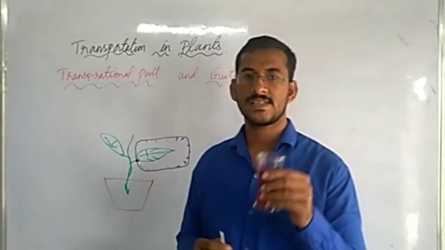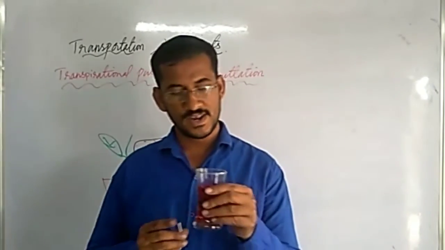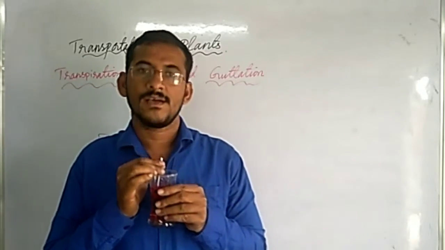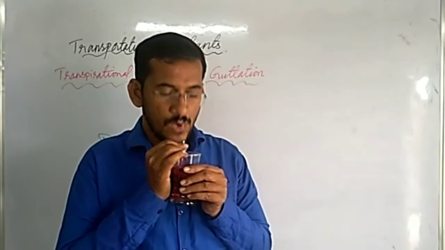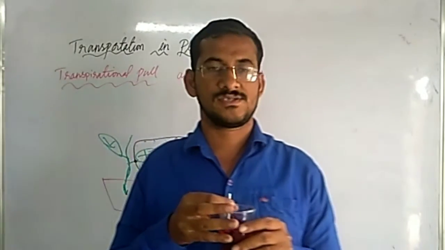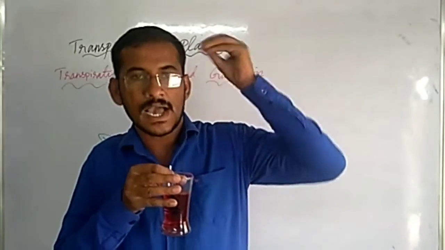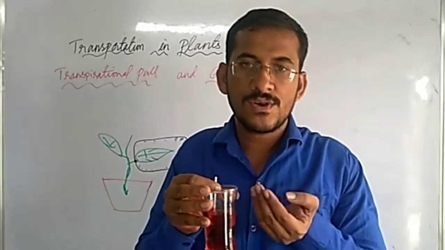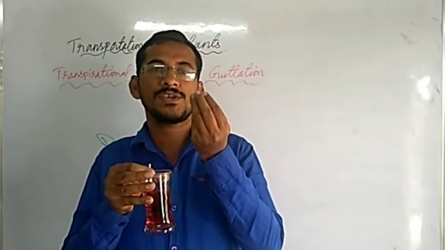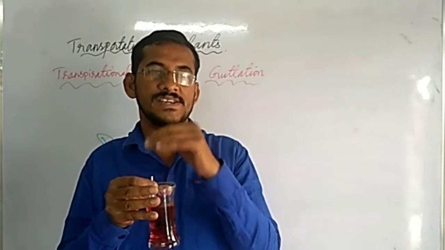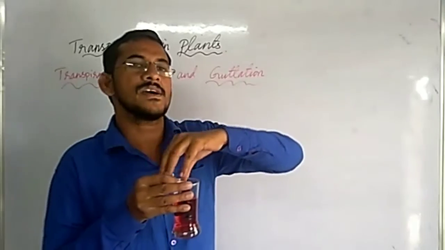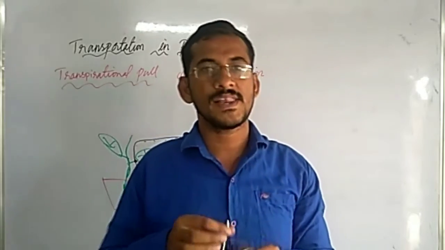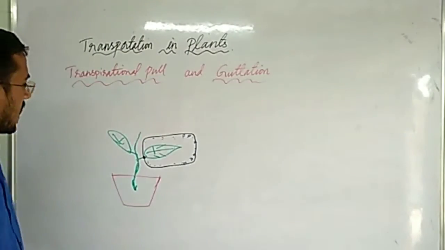While drinking a cold drink, what do we do? In a bottle or in a glass, we keep the straw, and we suck the cold drink or juice. When you are sucking, you are applying some force, and you are pulling it up. So when you are pulling it up, what happens? From down, water continuously, one liquid molecule is attracted to the other, and like a chain, it comes up. Understood? So when you are sucking the juice, it comes up. Same thing is happening here.